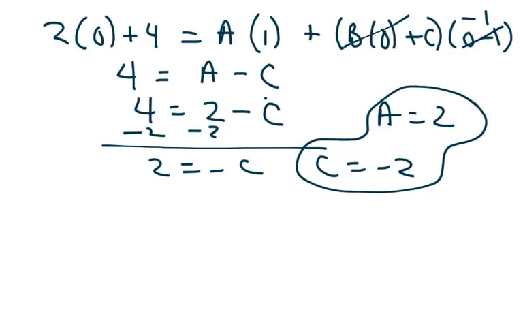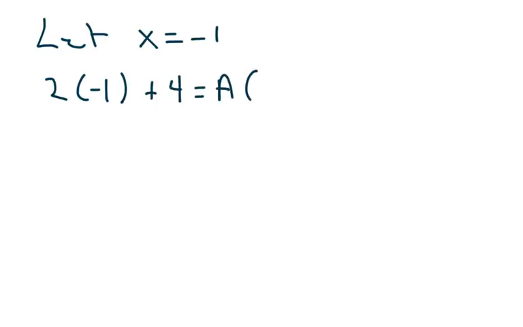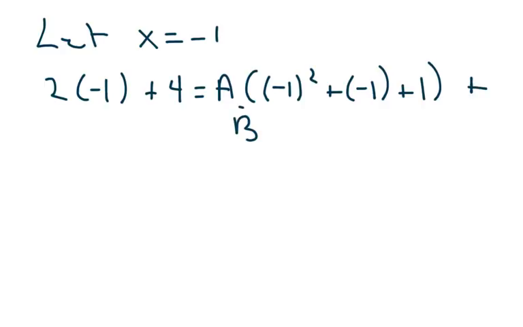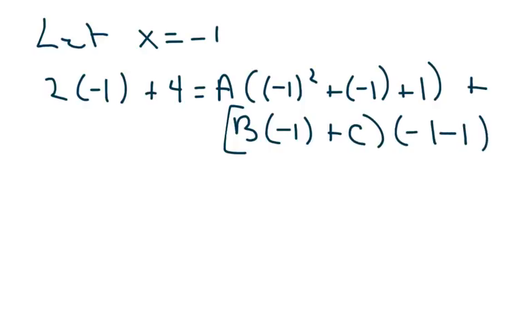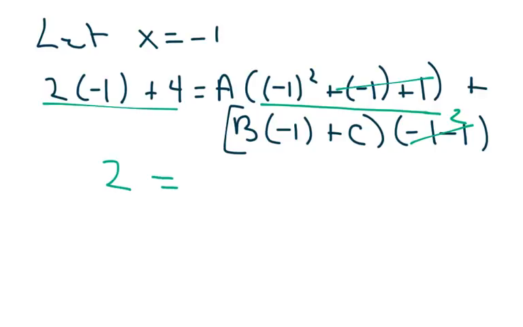So let's try the negative 1 now. We're going to let x equal negative 1. So you have 2 times negative 1 plus 4 equals a times negative 1 squared plus negative 1 plus 1, plus b times negative 1 plus c times negative 1 minus 1. Alright, looks fun. This is negative 2. This is going to be negative b. What does this all equal? This cancels, so we're just going to get a again. And this equals 2. So 2 equals 1a